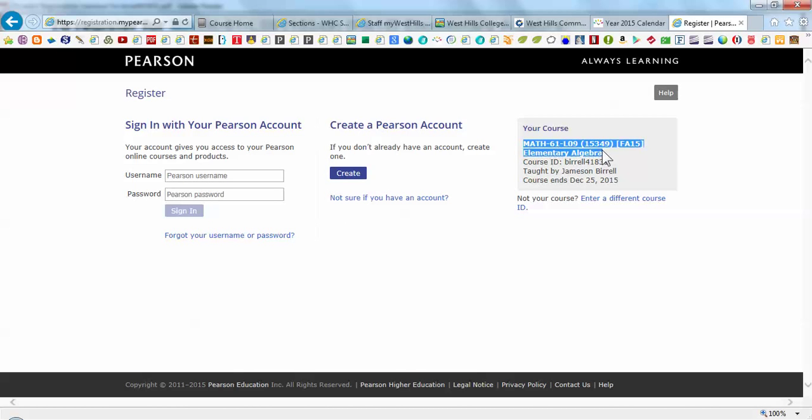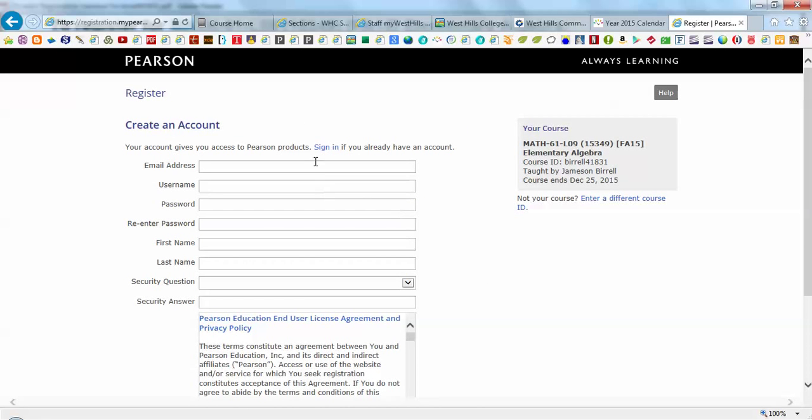If you previously used, this is really important. In fact, pause the video and write a note down to yourself. If you've previously used this same book, but in the 4th edition, and you used it last semester or during the summer session, I will petition the publisher for an access code, and he's already said that we should have no problem doing that, assuming that I can validate that you had the class in the spring or in the summer. So go ahead and hit create,